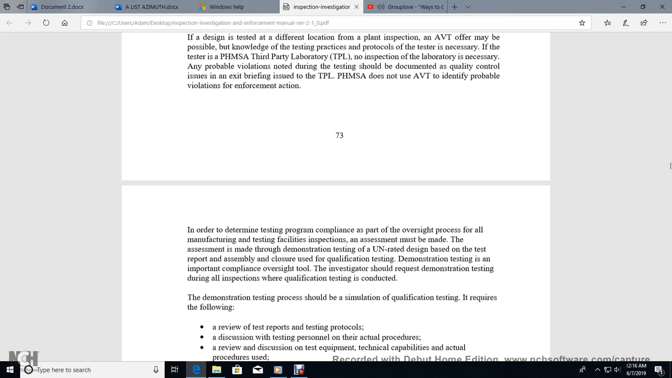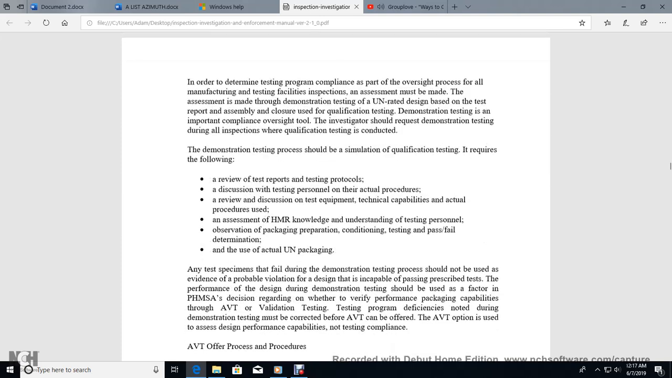demonstration of the testing of the UN rated design, based on the test report, assembly with the closure, with the qualification testing, demonstration testing and improvement, and complying with the oversight. The investigator should observe the demonstration of the testing during an inspection when qualification is conducted. The following demonstration testing process should be a simulation of the qualification testing required, with the following review of the test report and testing protocol, the discussion with the testing personnel about the actual procedure,